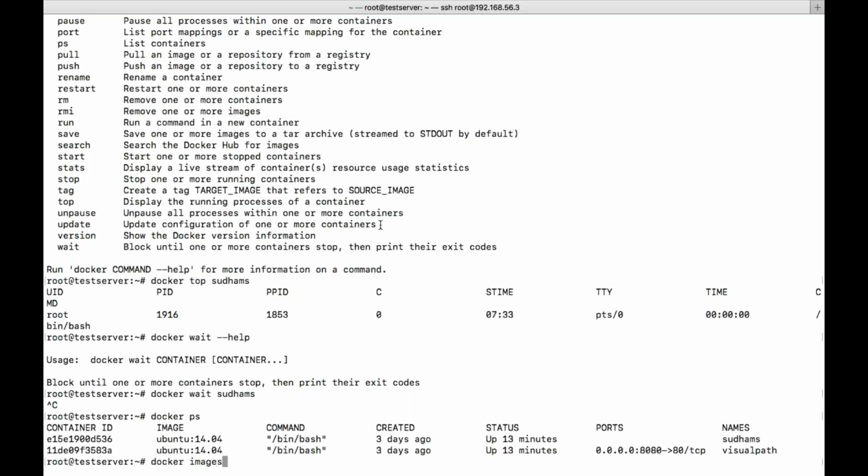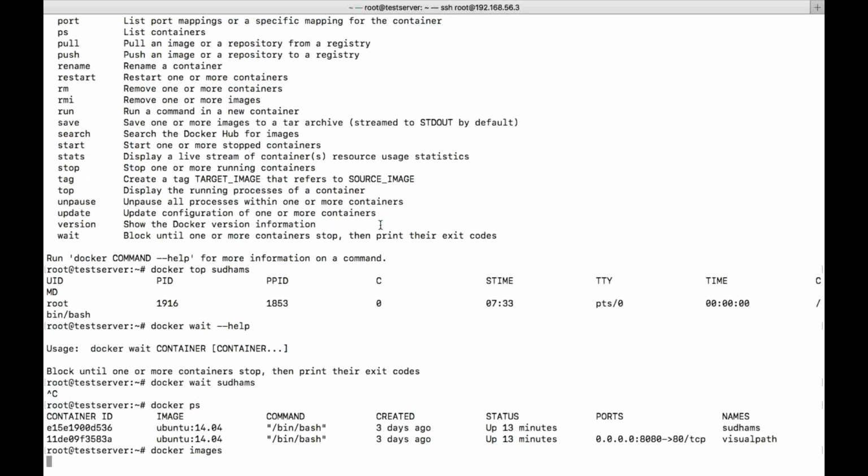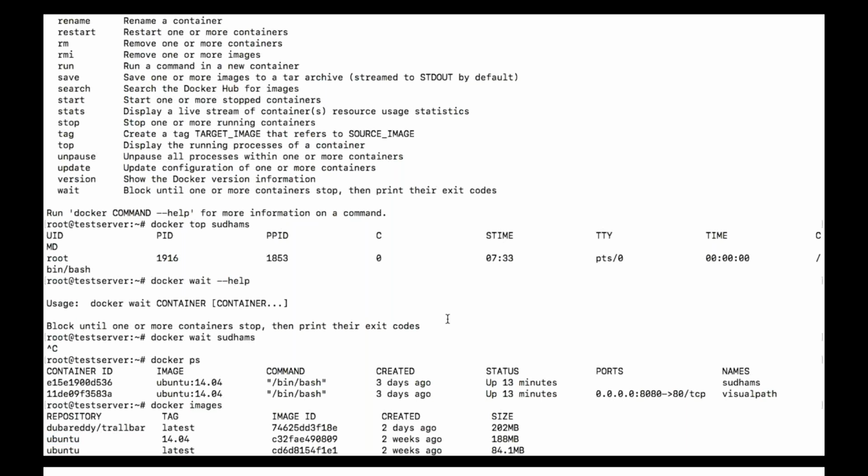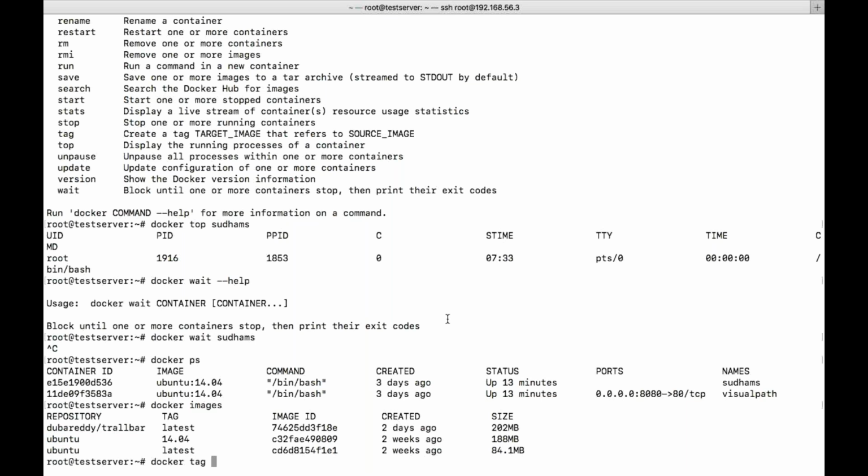Docker images. Okay. So now I will try to create an image out of it. It is the same image, but I will create it with my own name. So Docker tag Ubuntu 14.04.